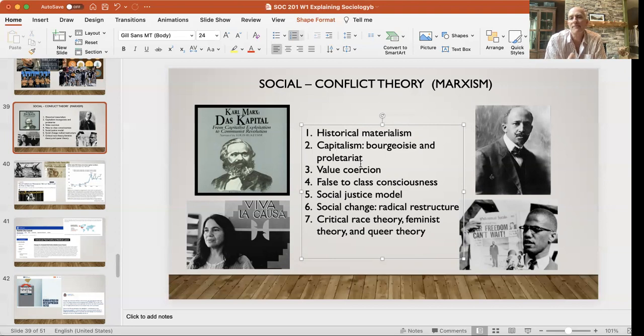And the idea from a conflict theory, Marxist perspective, this is part of the Communist Manifesto, is to get people educated, informed, and develop class consciousness so they can get organized and develop a way to revolt against the system to create change. So conflict theory, Marxism, is a huge body of knowledge and thought. That's the general structure, the general idea.